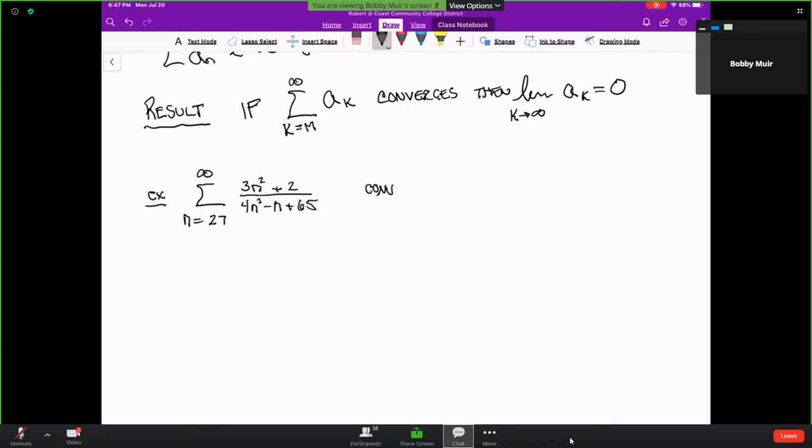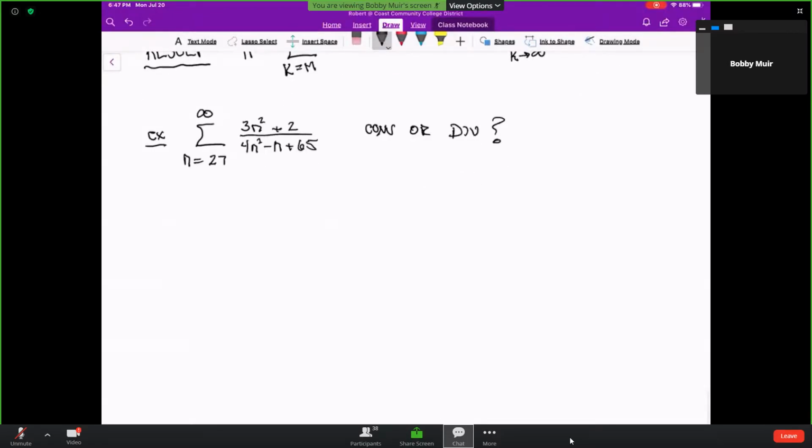Does it converge or diverge? So the solution here: the a_n that we're adding up is (3n squared plus 2) divided by (4n squared